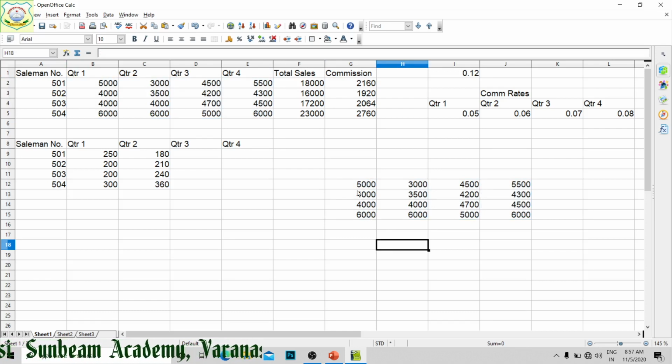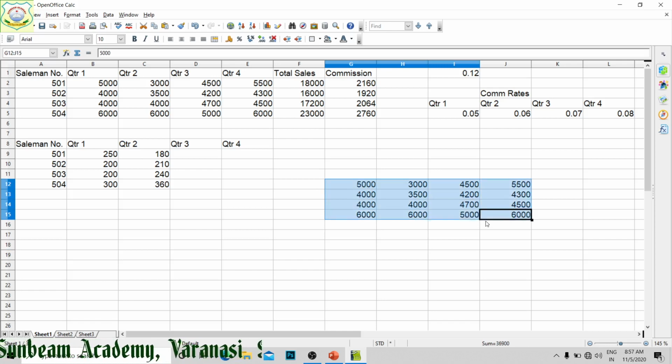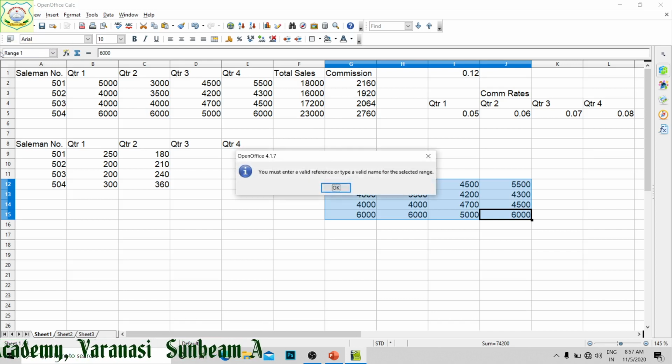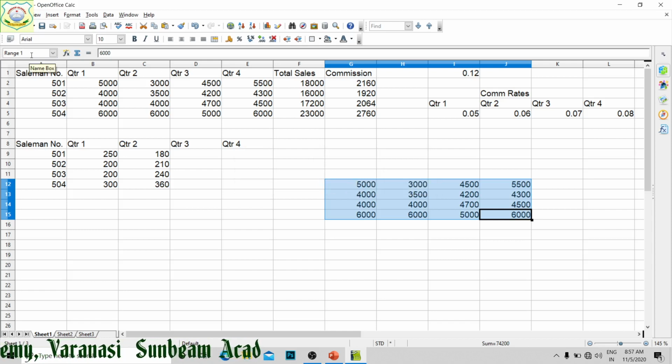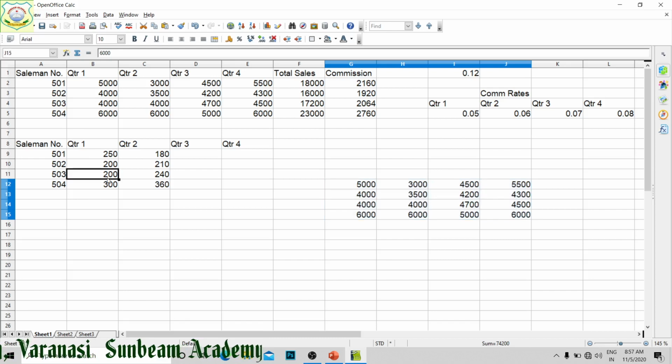Next thing, how we are going to give a name to the cell range. Select the range. After selecting, at your name box, whatever name you want to give, that name you provide. Range 1, right? Its name has been given.